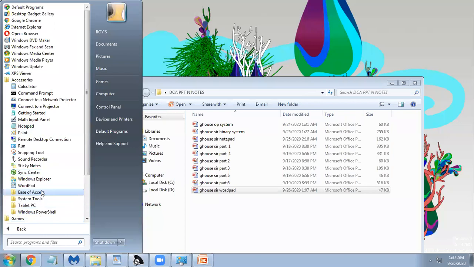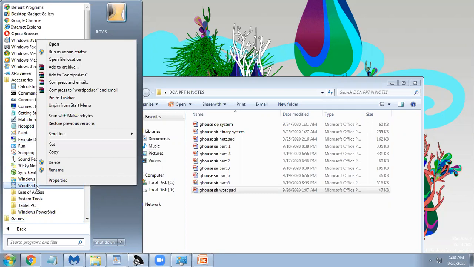You will find WordPad here. Just right click on that, and you can pin it to the Start menu.